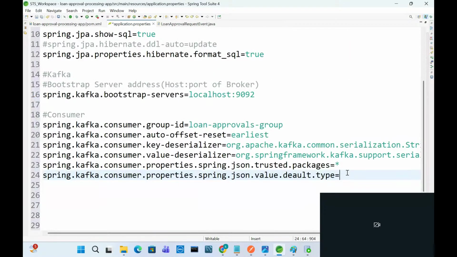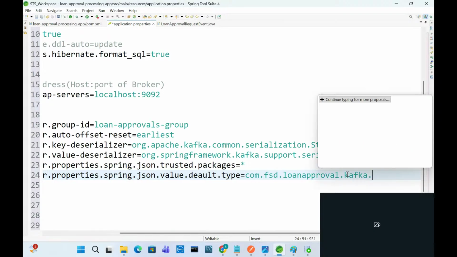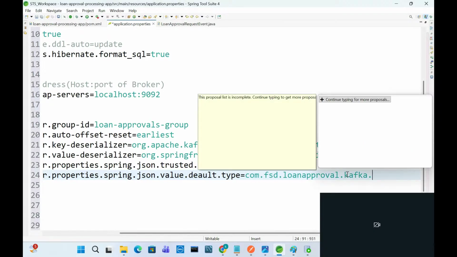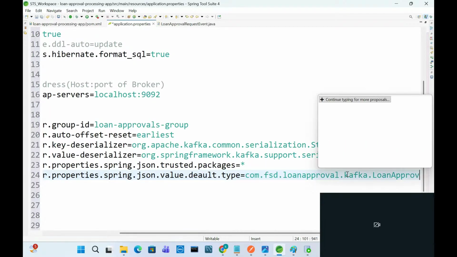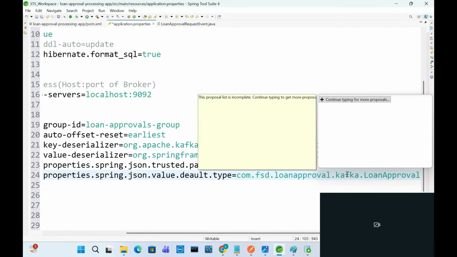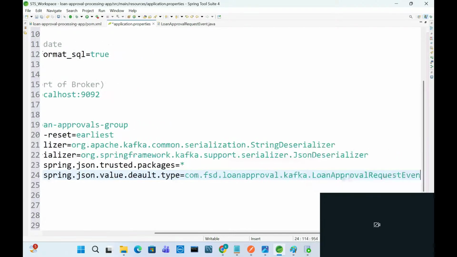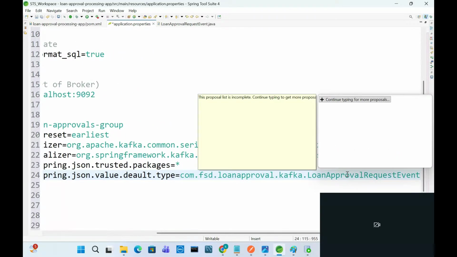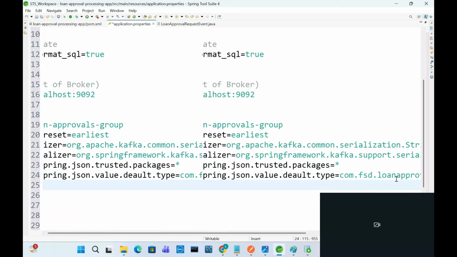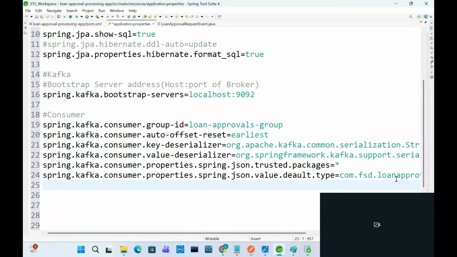In application.properties here, the package.class name is loanapproval.LoanApprovalRequestEvent. So it is done, right? After that,